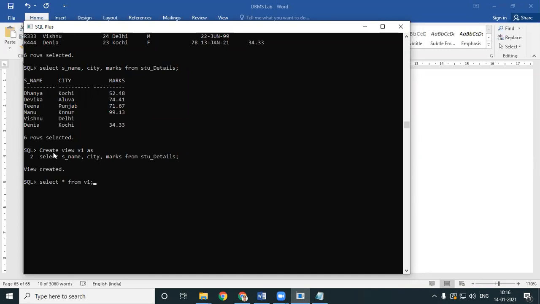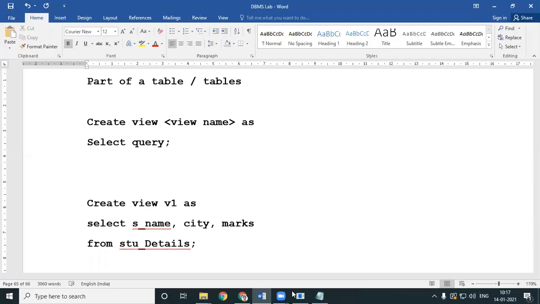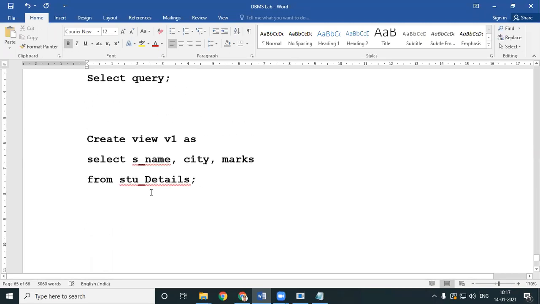This view will work exactly like a table. Select star from V1. I will get the name, city, and marks. All the operations you do on your select query, you can do even in your view. That is one big advantage.